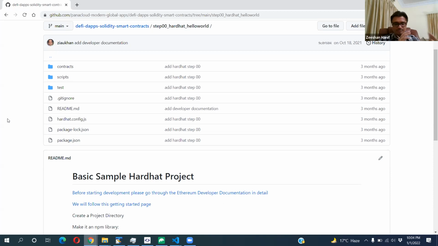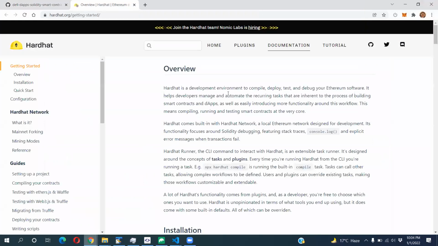Hardhat is a framework or development environment which helps you create Solidity Ethereum based applications, and deploy and run them.